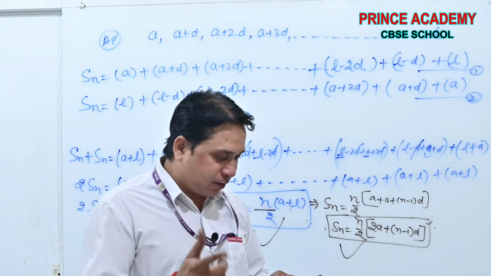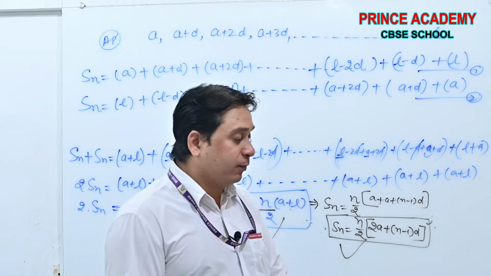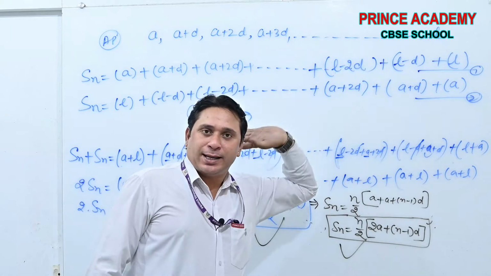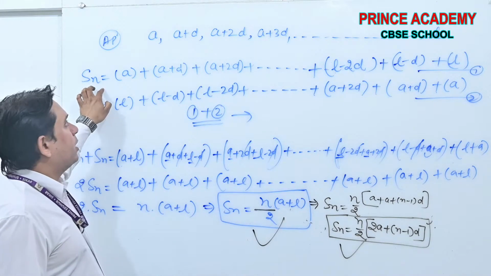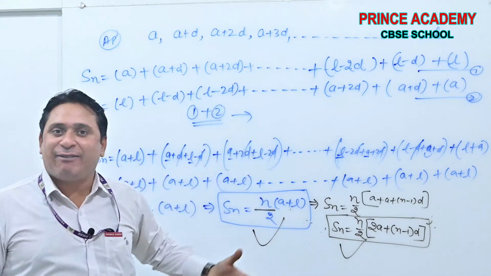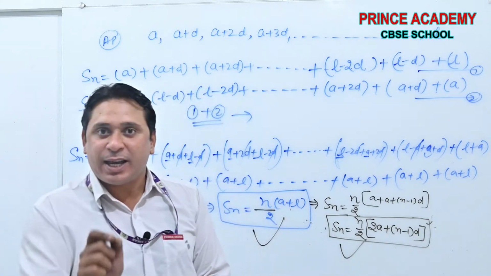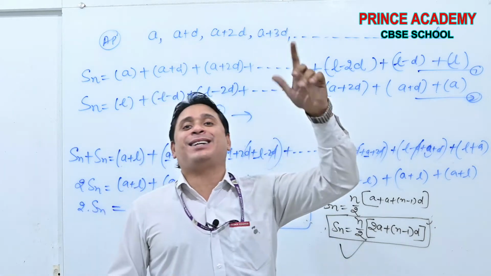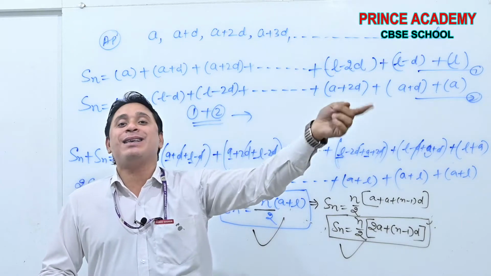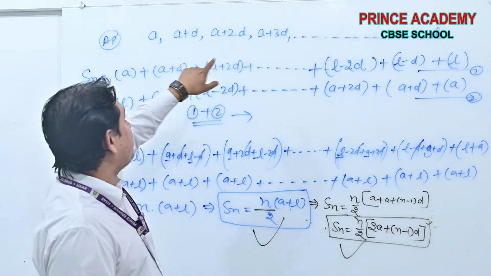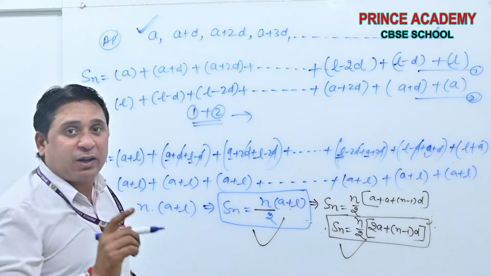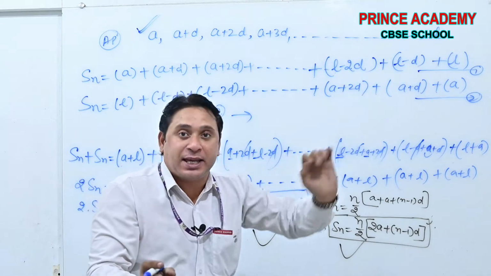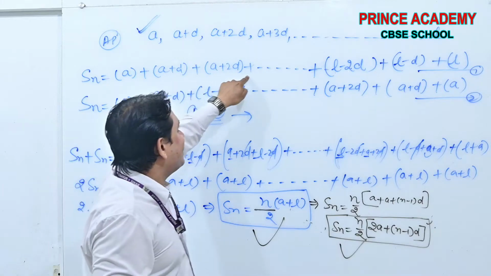Where were we, beta? We were discussing the sum of n terms of the formula, no? We have to do exercise 1.3. The AP we considered as this, Sn. Because this is the AP, when we have to take the sum, we have to put the plus in between. See, beta, in the first lecture, in the introductory lecture, I used the terms sequence and series. This is the progression, but we are putting a plus or minus sign in between the terms. The sequence becomes a series. And what is this? This is also a series.